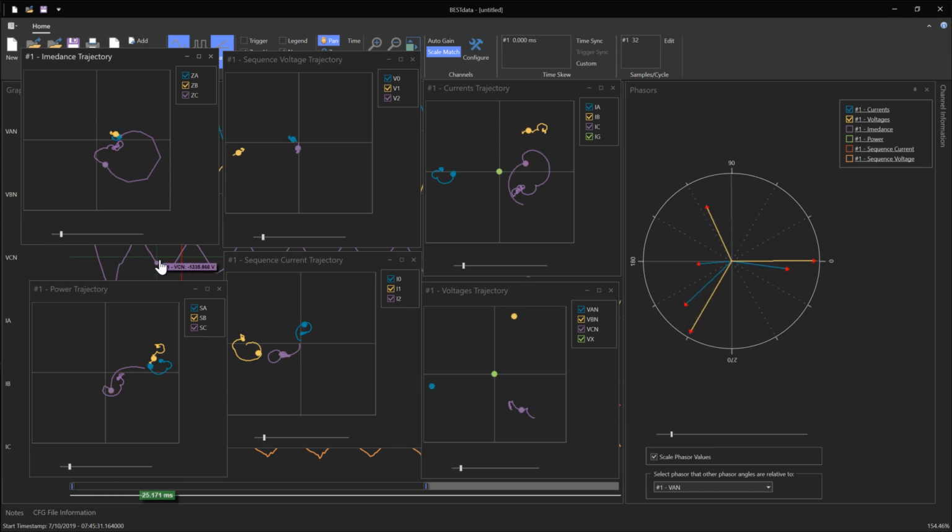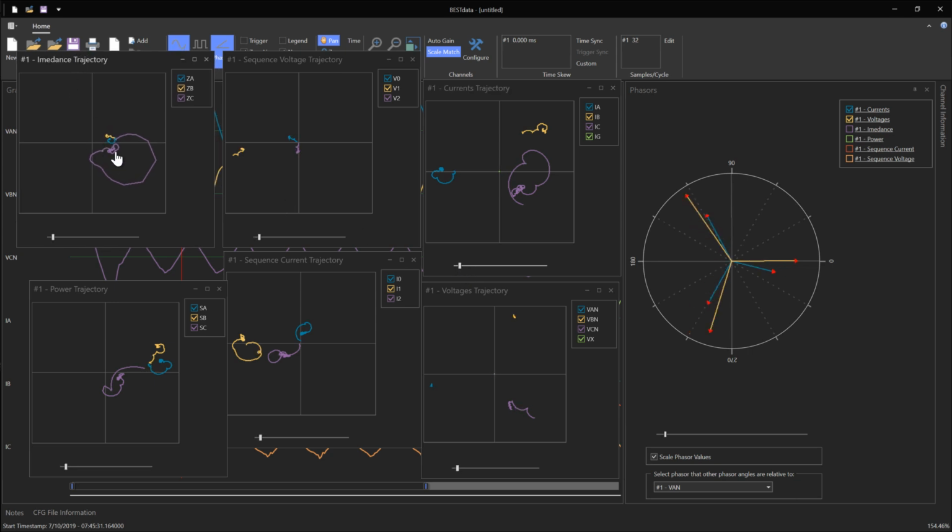So as I scroll through the waveform, you can kind of see it scrolling in the back. I can also use this scroll banner in any of these. I can see the trajectory of how a fault or how an event occurs and progresses through the system in time. In this one in particular, I can see my impedance, which normally in this particular application should be not in the 0 point, but closer to 0 than normal. And I see phase C, which is ZC, jumping way off the chart, creating a little circle as it arcs